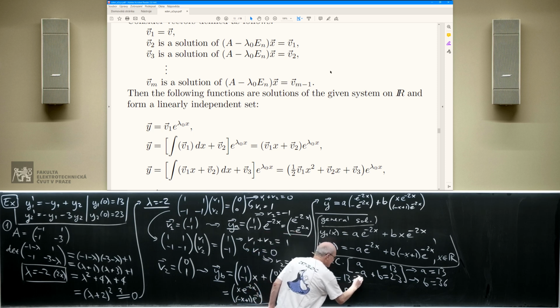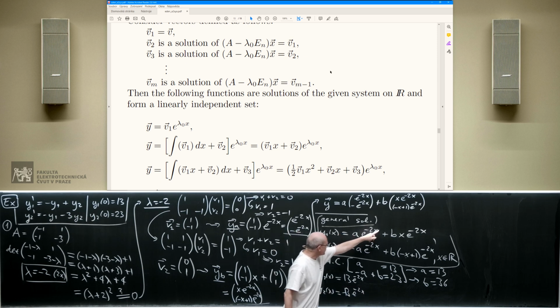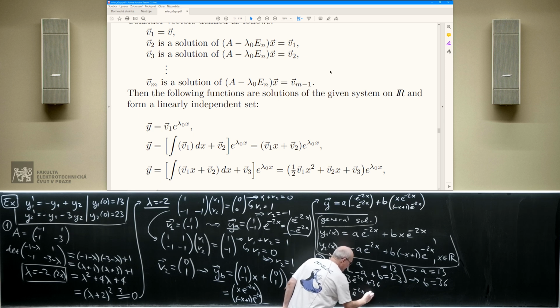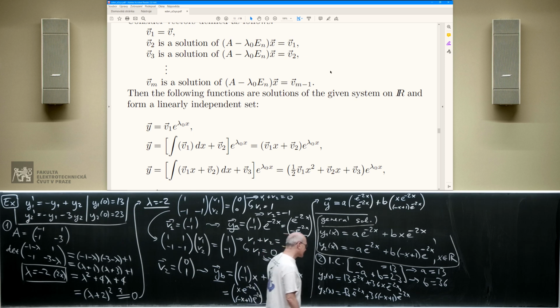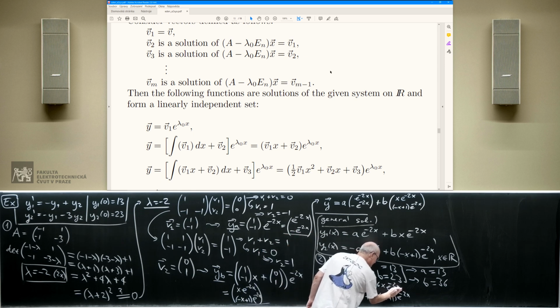Exponentials, e to negative 2x. Then there is plus b, and b is 36, plus 36, plus 36. On the top, the first function is x e to negative 2x. The second function is minus x plus 1 e to negative 2x. And that could be it, but now that I am looking at it, perhaps